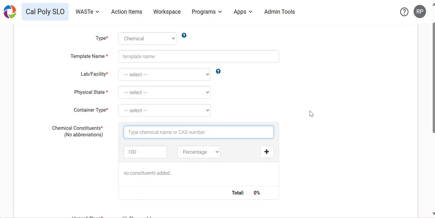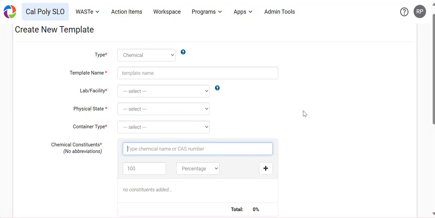And then when completing the template or the tag, the template name is recommended to be the common name of the waste so that others in the area can identify it. The lab or the facility will have a pull down list of areas that you are assigned to in RSS. So whatever groups you are a part of will come up here. And then the area will also be able to put in. You can enter the specific location because this location will be where EHS collects the waste from when it's ready for disposal. And then you will proceed to entering the physical state of the waste and the container type